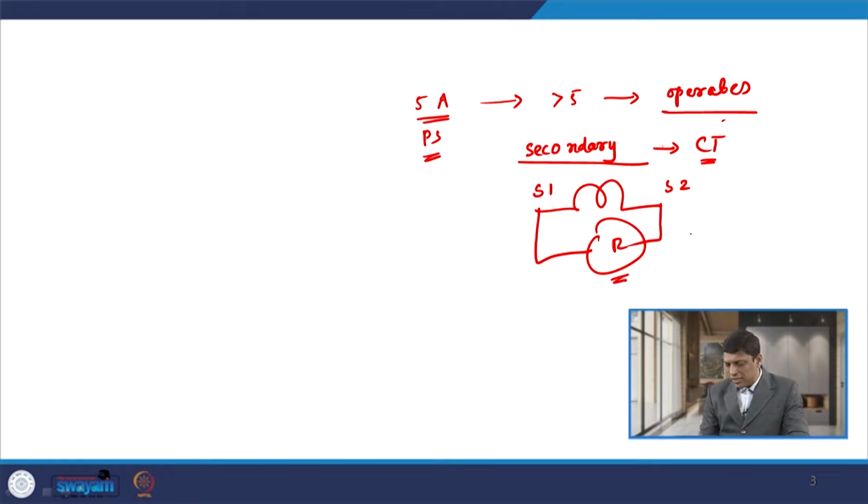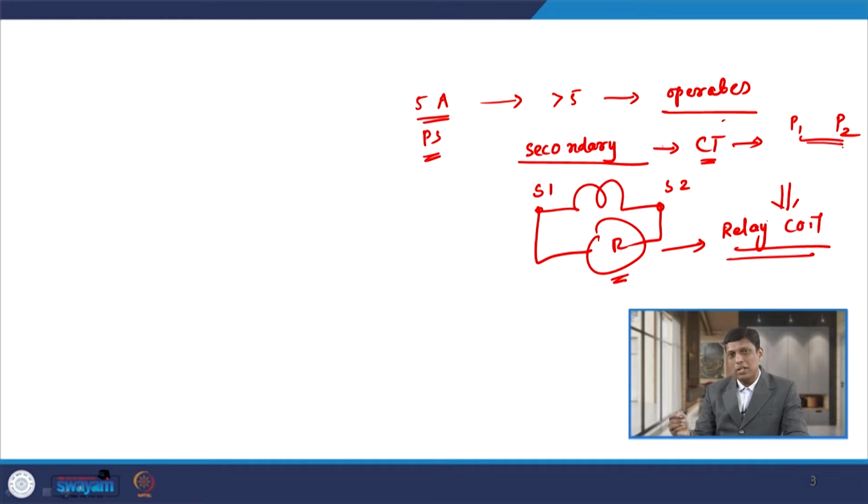Relay is connected means the relay coil is connected across the secondary of the CT and PT. Each relay has its relay coil, and this relay coil has some standard number. So those two terminals should be connected to the secondary of the CT, that is S1 and S2. The primary of the CT is normally denoted by the terminal names P1 and P2. So the CT has 4 terminals: P1 and P2 are the primary terminals, S1 and S2 are the secondary terminals, and across this S1 and S2 the relay is connected.